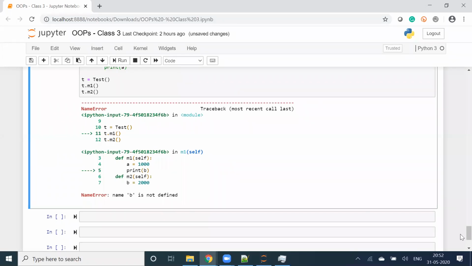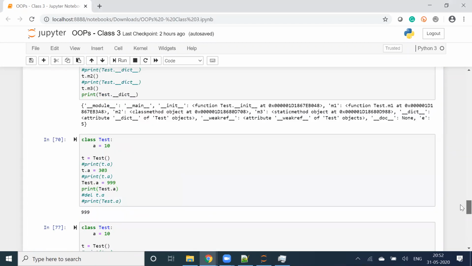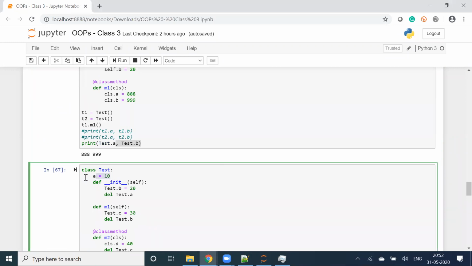So basically, local variable we can create without self, without CLS, anything, right? It will be a normal value you can put. That is how you can create a local variable. Okay, so this is about the idea of local variable. When we create a static variable, we prefer to put all the static variables at the start of the class. Not like in normal programming standards, we don't prefer to put static variables inside the methods. Everything should be at the start. All right. So this is what I have.